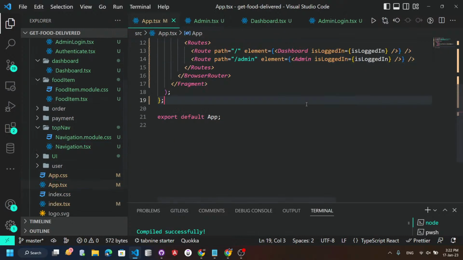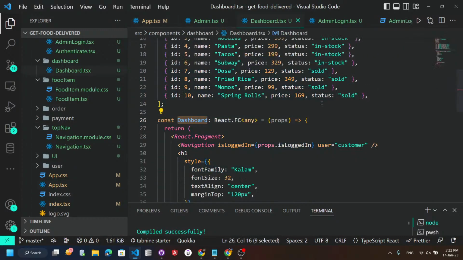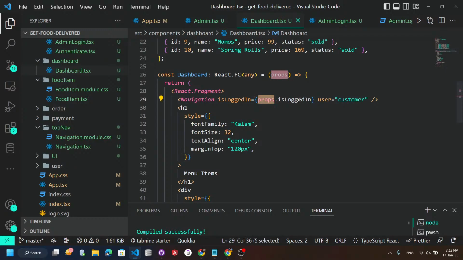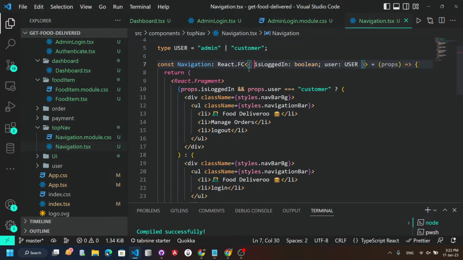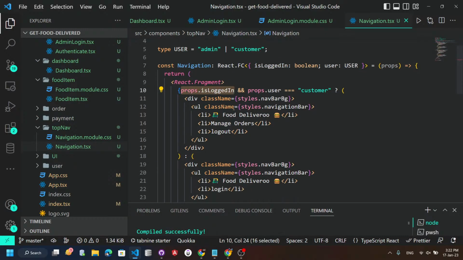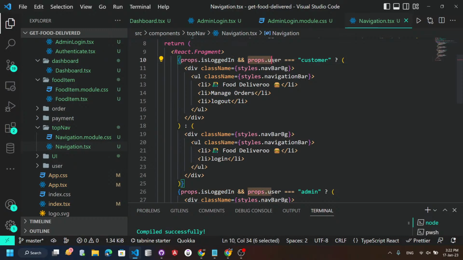We are over here. यहाँ पे हमारा डैशबोर्ड है. डैशबोर्ड में जब हम जाते हैं तो हमारा props यहाँ पे है. नेविगेशन में हम इस लॉगिन भेजते हैं, यहाँ से हमने भेजा कस्टमर. अब जैसे हम नेविगेशन में जाके यहाँ पे जाते हैं, isLoggedIn हमको यहाँ मिला, तो हम चेक करते हैं कि अगर वो isLoggedIn है और props.user इक्वल टू कस्टमर, तो ये चीज़ हो।